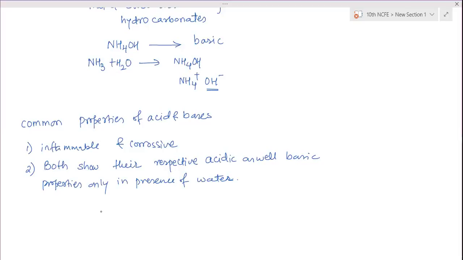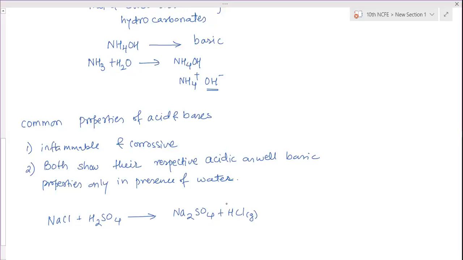So here first one, name the gas produced. Which is the gas produced here? Hydrogen chloride, right? They asked this question last year, in the first periodic test only. So what is the reaction? NaCl plus H2SO4 gives HCl plus Na2SO4. So HCl gas is formed here.